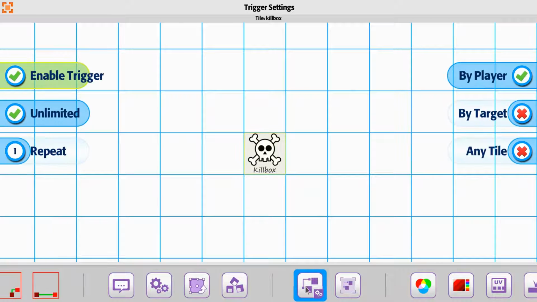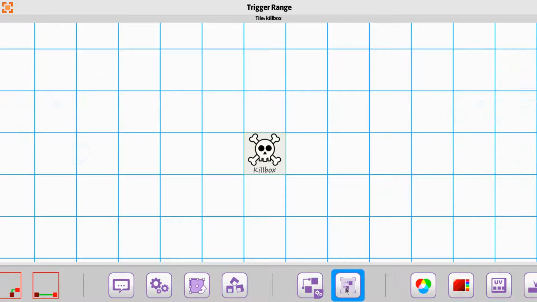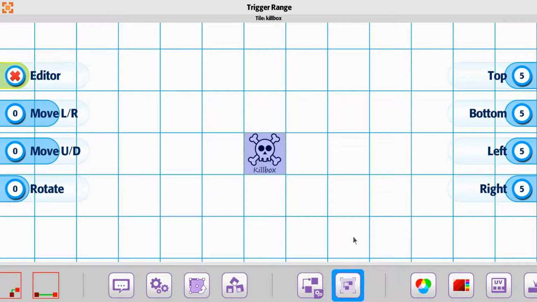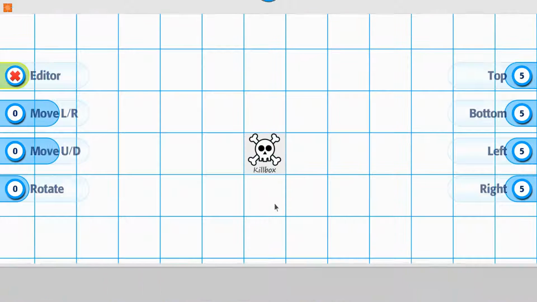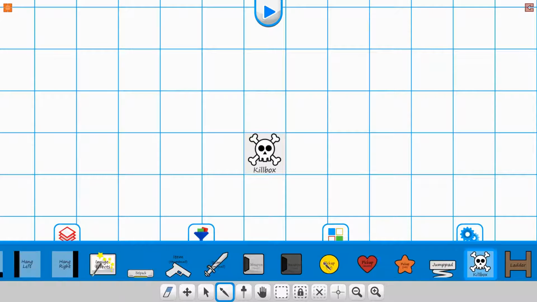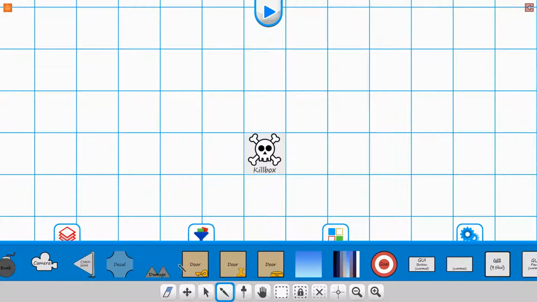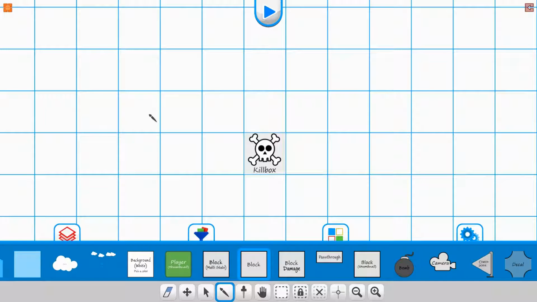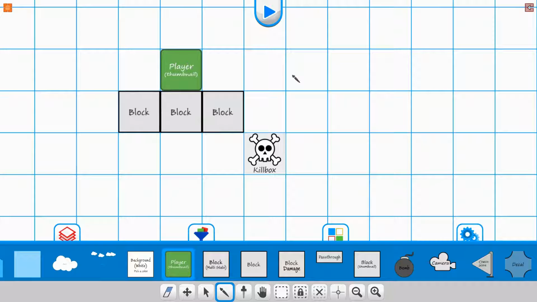So for instance, you can enable it, then you can say what type is going to be aware of it, and then the size of it for the trigger range. When you're working with this for a game, one thing to consider is that if I have blocks on an edge and we have a player,